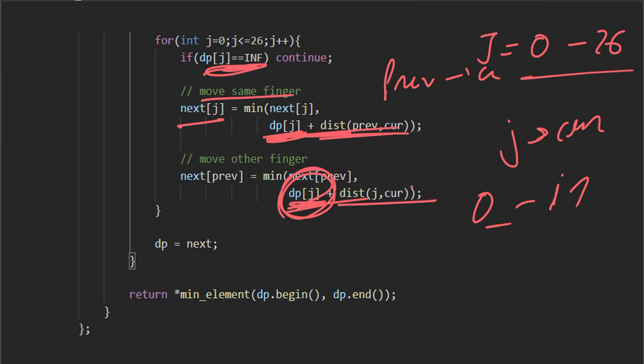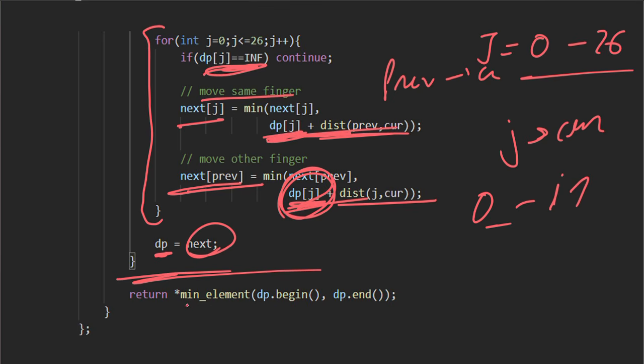So we use that and add the current distance, which gives us the next state. After typing one character, we mark our dp as the next dp. Once we compute for all the characters, we have to return the minimum distance, so we return the minimum element of the dp array.